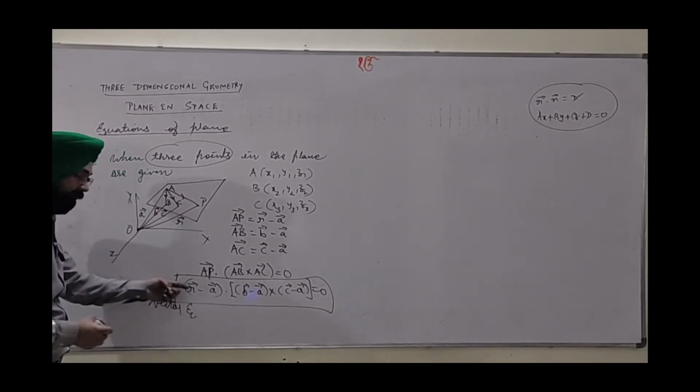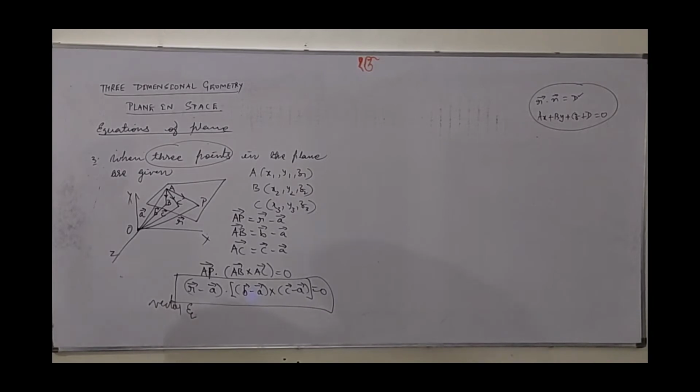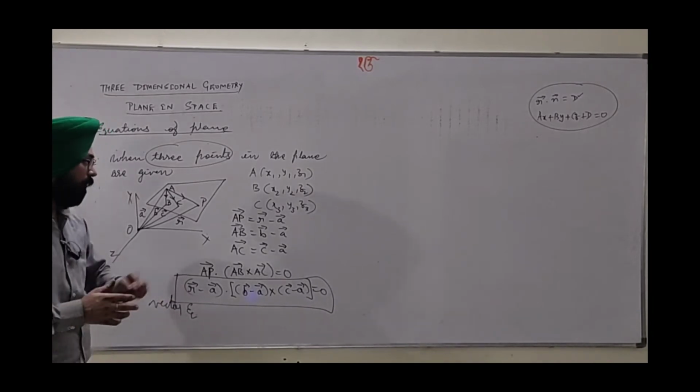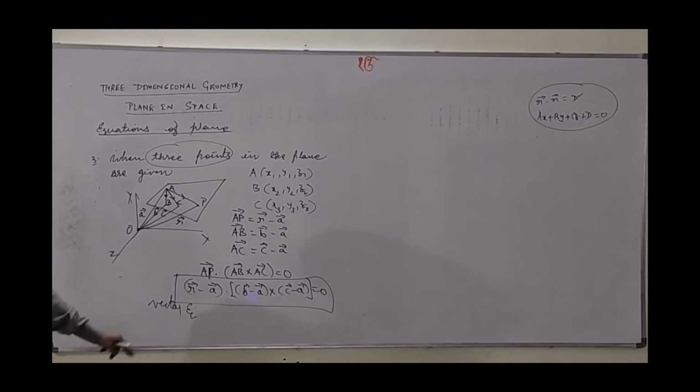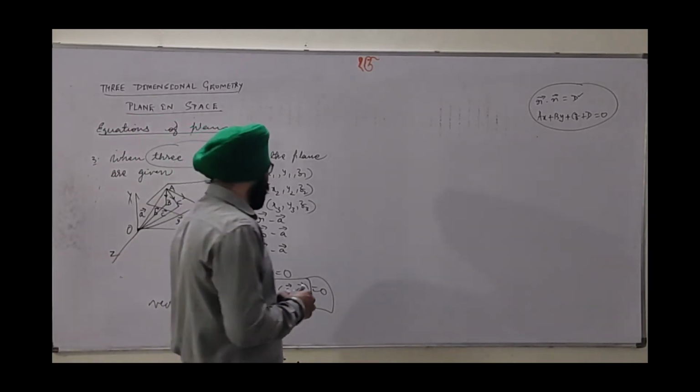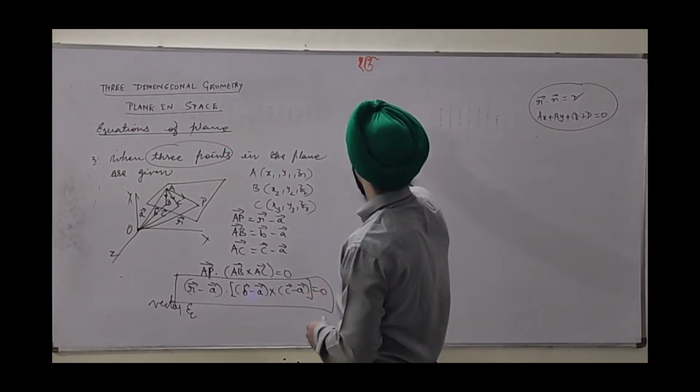Obviously, we will find its Cartesian equation also. Now, to find the Cartesian equation, only one thing we have to know. The other 3 points are well known to us. It's R. R is obviously what we take. Coordinates of P we have to take as x, y, z. So what we are going to do? R minus A.